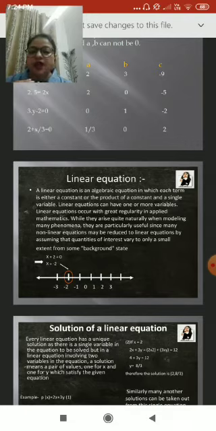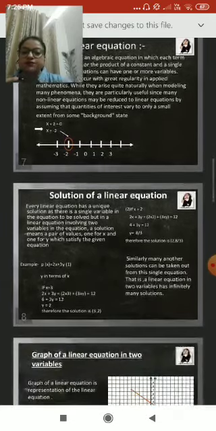So simply we can say that we will take a simple equation, x plus 2 is equal to 0. If I ask you to plot the value of x on a simple line, okay, how do you plot it? So first of all we find the value: x plus 2 is equal to 0, therefore x is equal to minus 2. So we make a simple line, and on the right hand side and on the left hand side of the 0 we plot the points equally, and then we mark the point minus 2 on the line, okay.